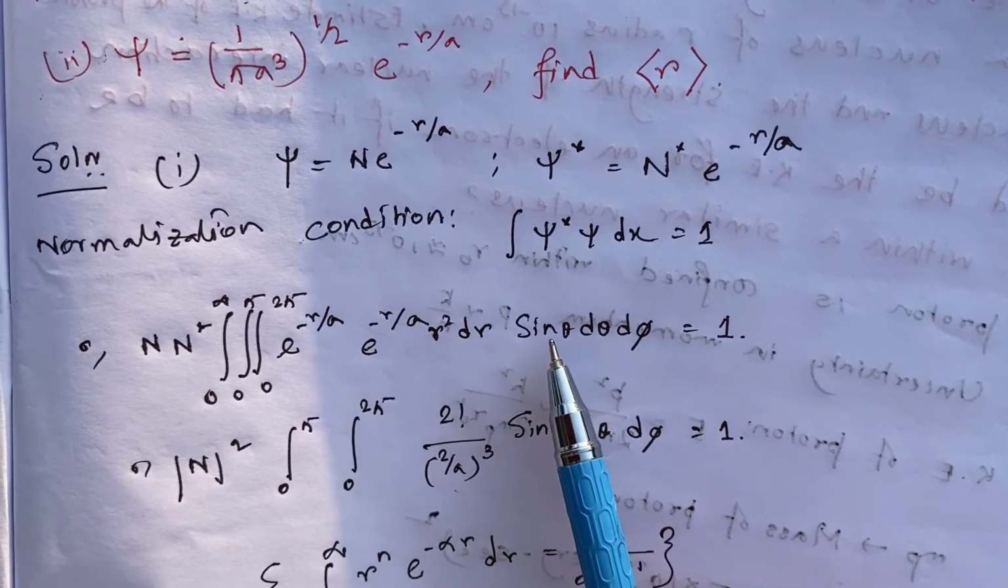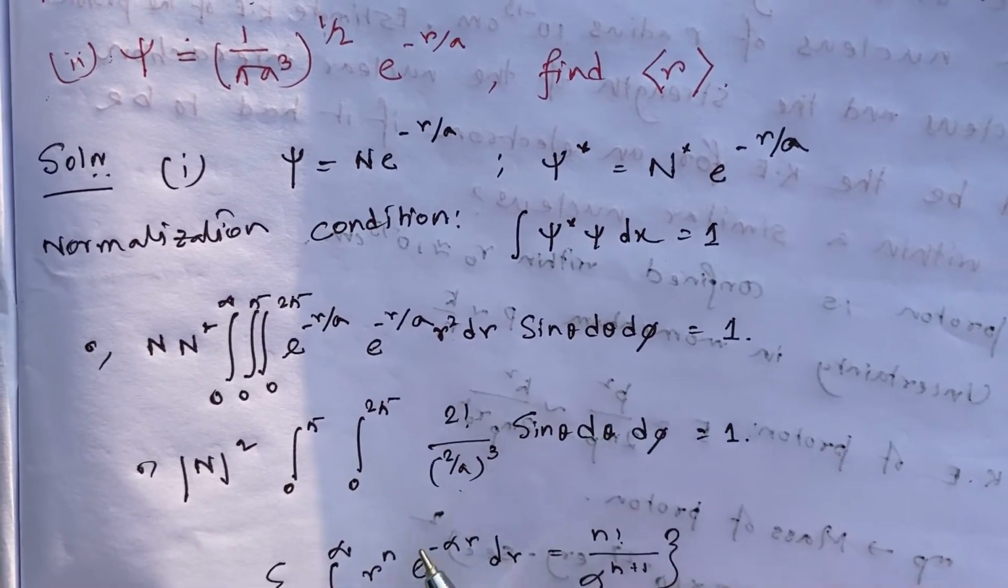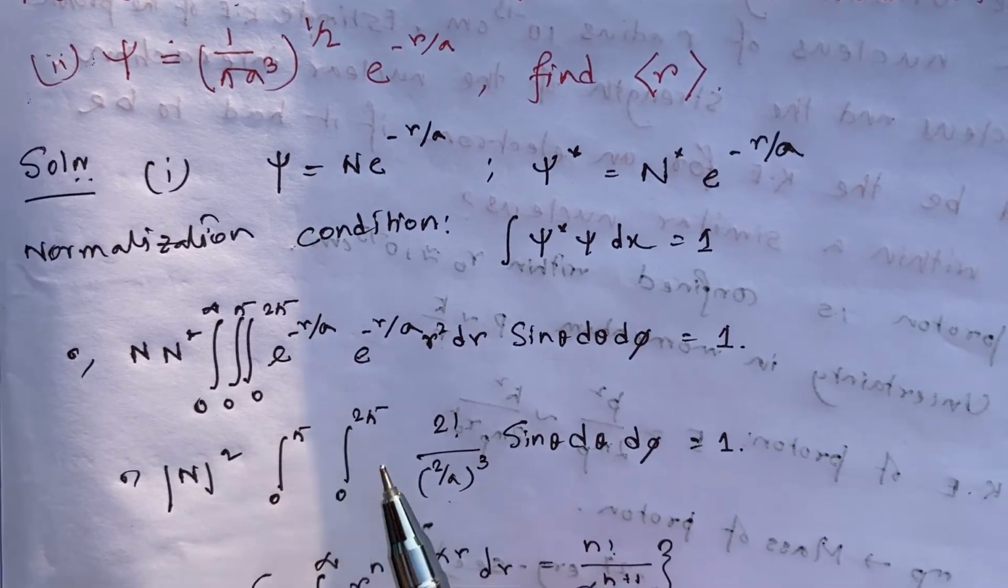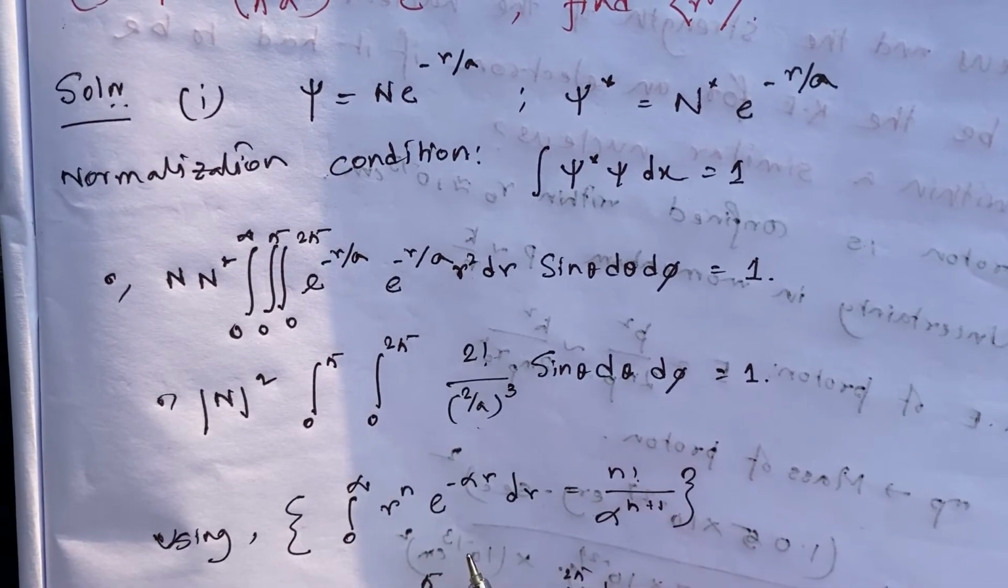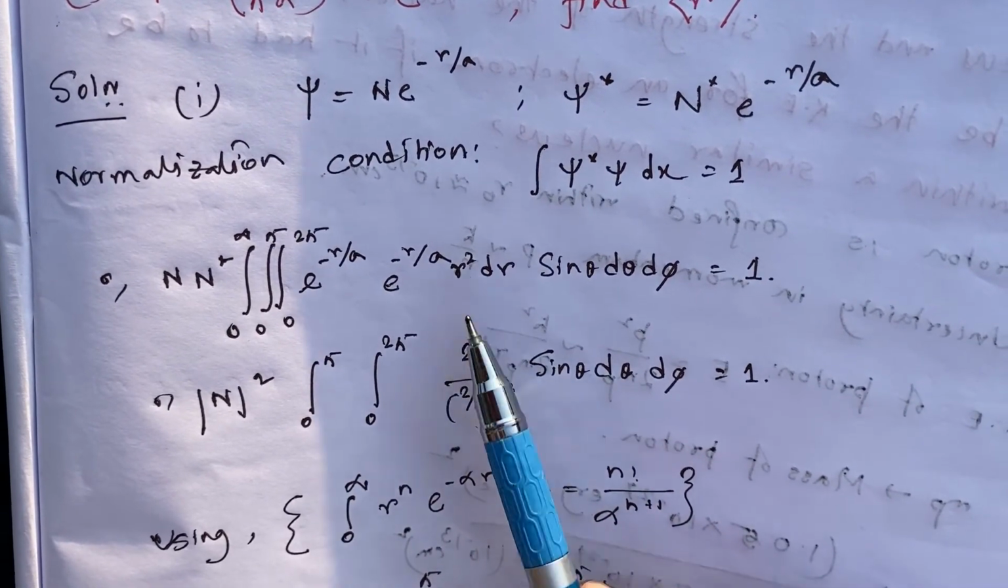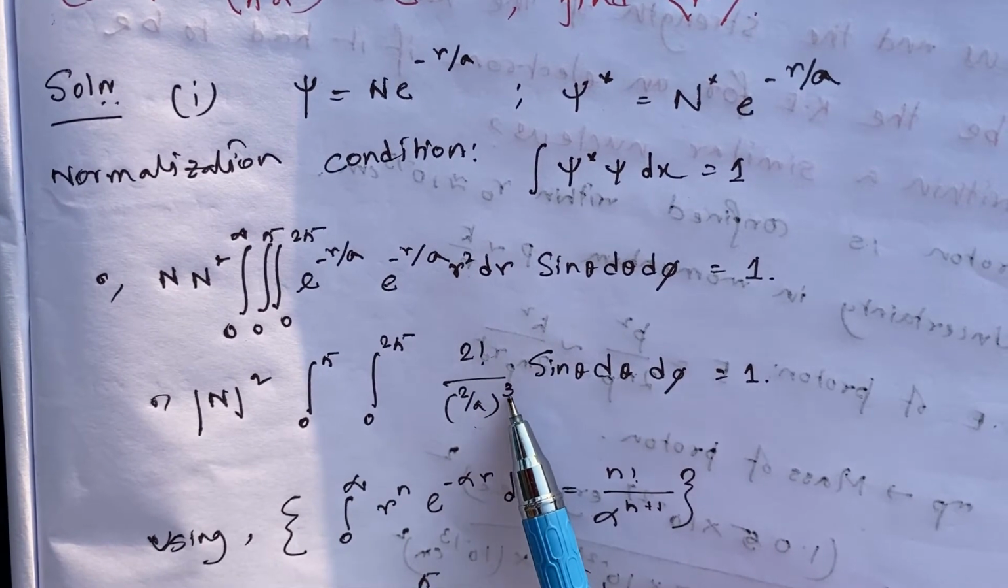আর স্কোয়ার ডিআর সাইন থিটা ডি থিটা ডি ফাই স্ফেরিক্যাল পোলারে এইভাবে লিখেছি। এটা খুব স্ট্যান্ডার্ড একটা নোটেশন। এবার আমি এই ফর্মুলাটা ইউজ করলাম এখানে আর এর ইন্টিগ্রেশনটা ক্যালকুলেট করার সময়। সেখান থেকে আর এর ইন্টিগ্রেশনটা ক্যালকুলেট করে আসলো 2 ফ্যাক্টোরিয়াল বাই 2/a হোল কিউব।